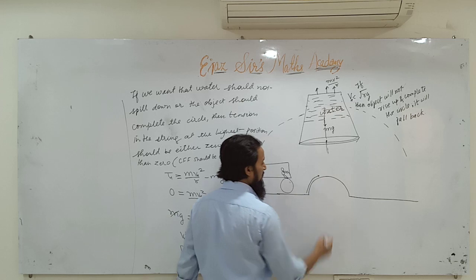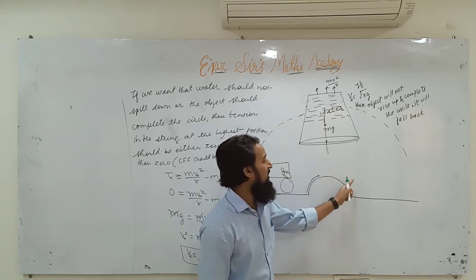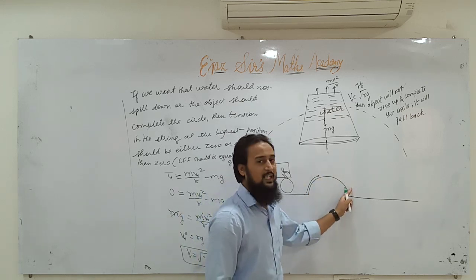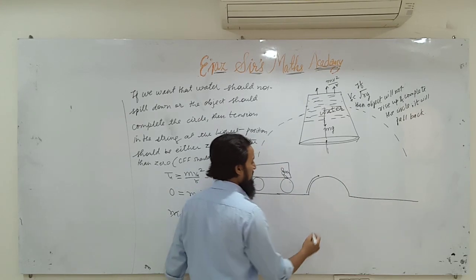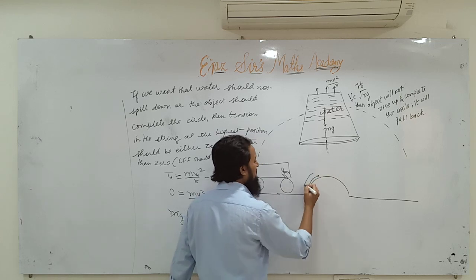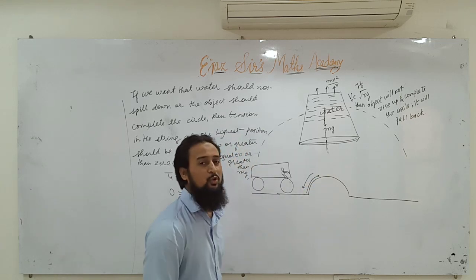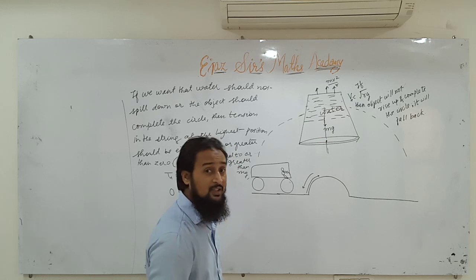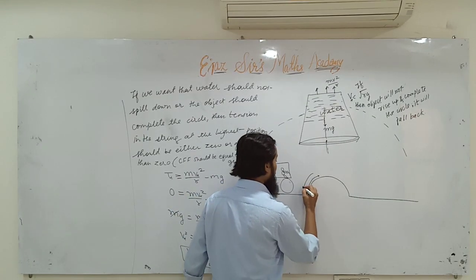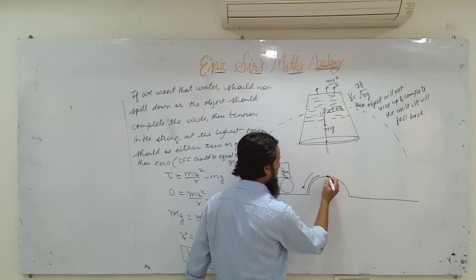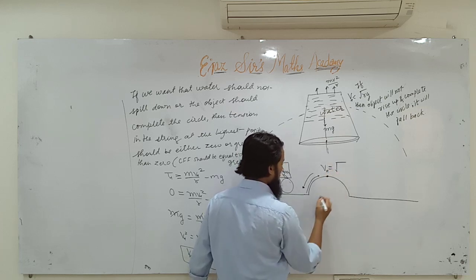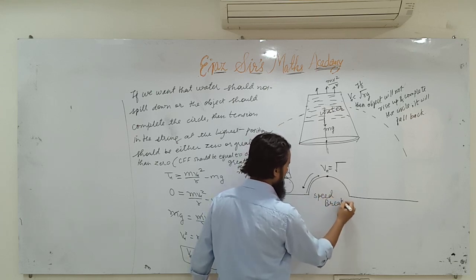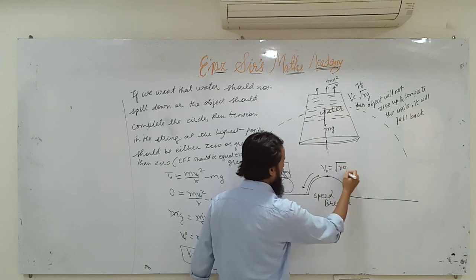And then what happened? Do you know? The car, instead of going towards the right hand side, instead of crossing the speed breaker, it came back again. What could be the reason? Could you tell me? Yes, the reason was that the minimum velocity at the topmost position should have been root RG. This was a speed breaker.